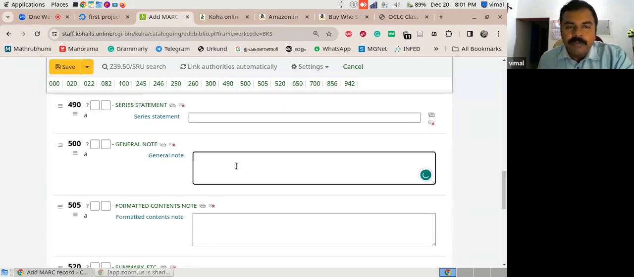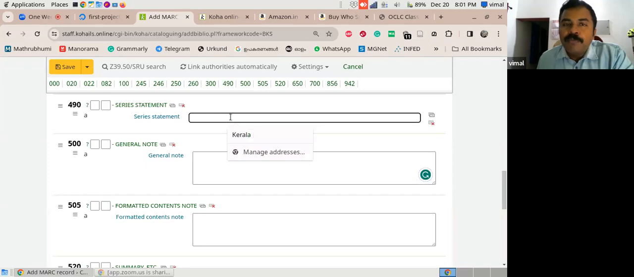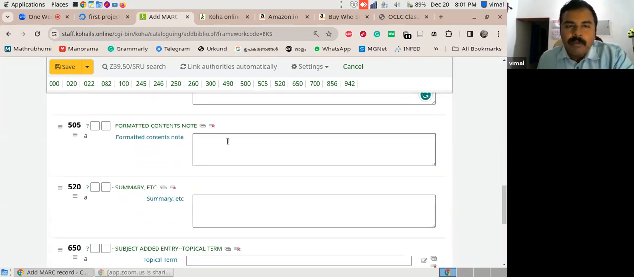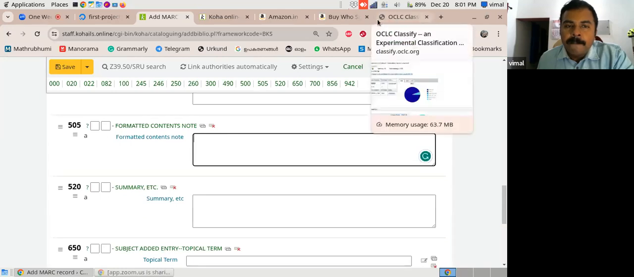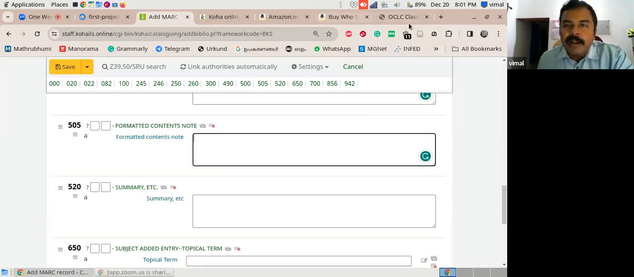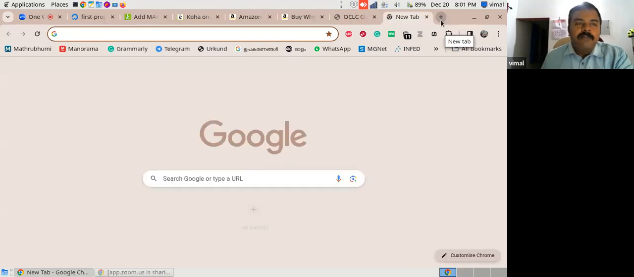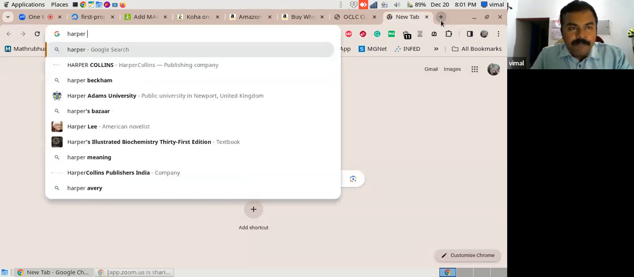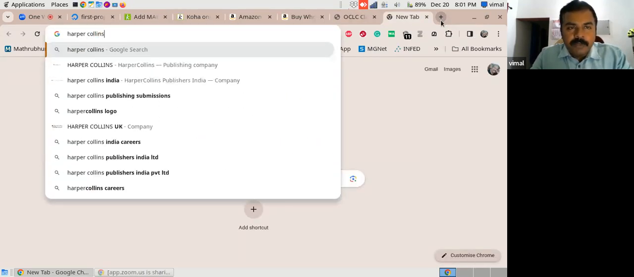Then general note. Any general note that is available, we can enter. Suppose series statement, this book belongs to a series, we can enter the series name. Formatted content note, table of contents we can add here. That's very good. If you add table of contents,